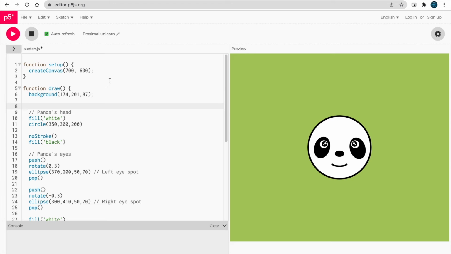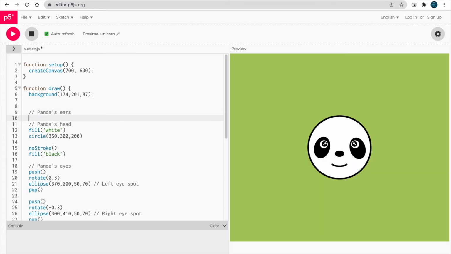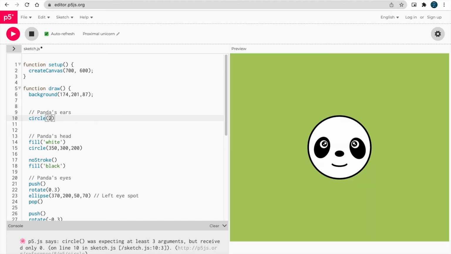They must be on the back, so the head will be on the front. So they must be drawn before panda's head. Let's write panda's ears. It's quite simple, quite easy to follow up. You can try this code yourself.